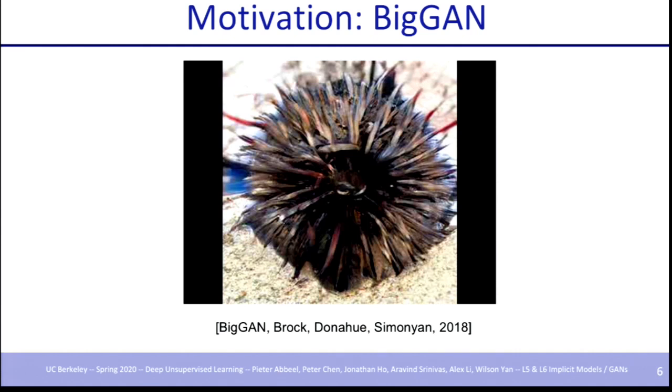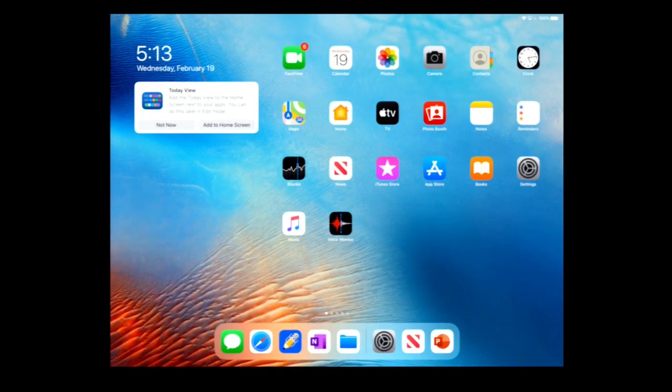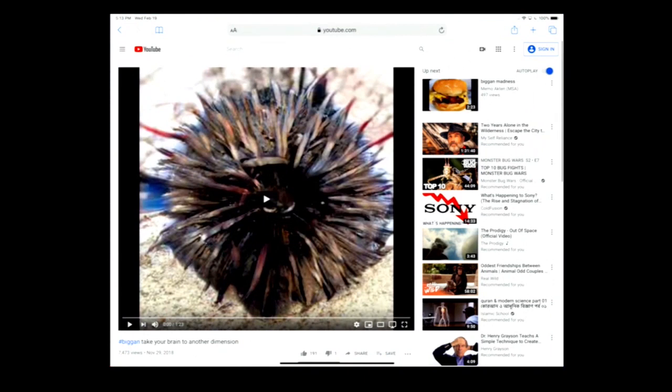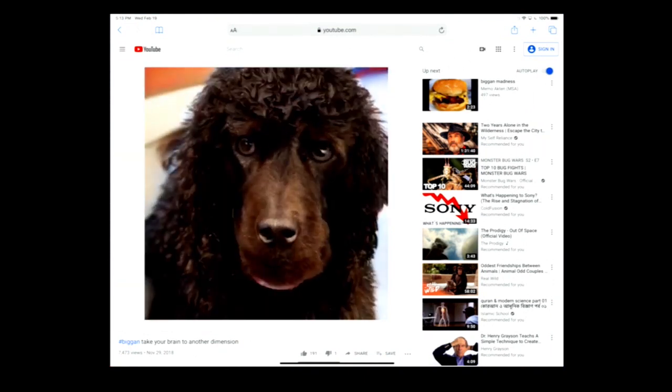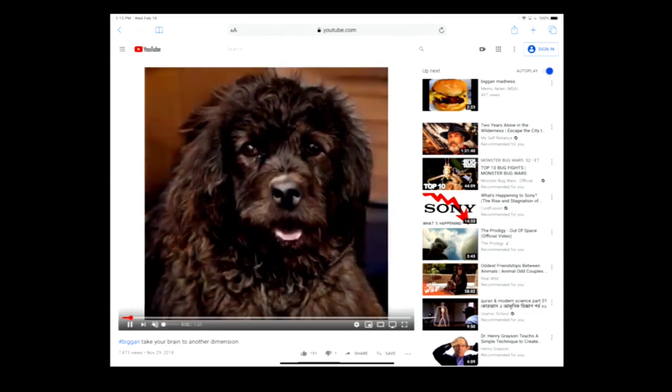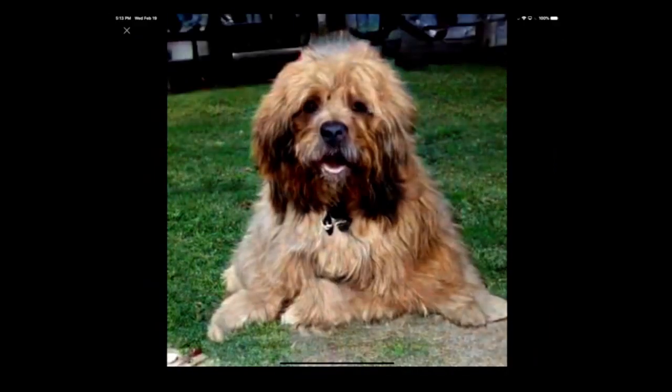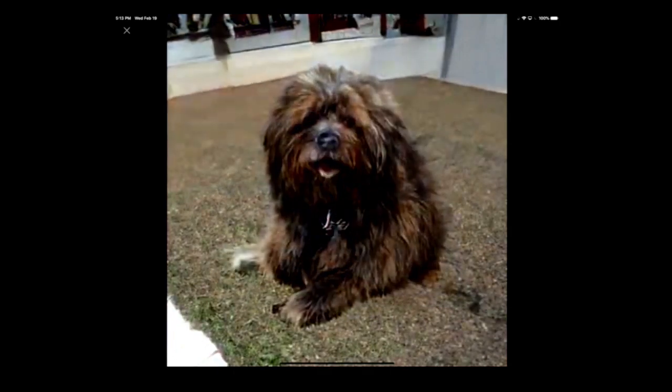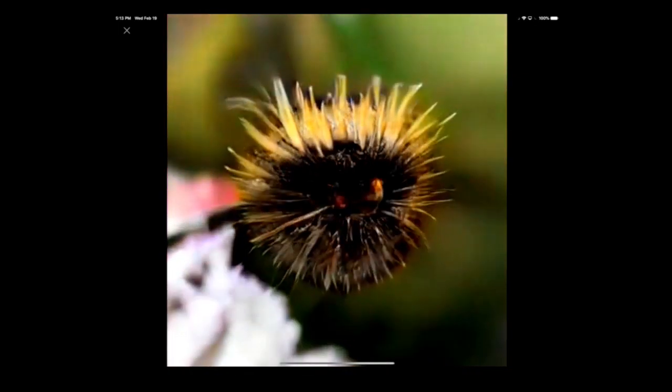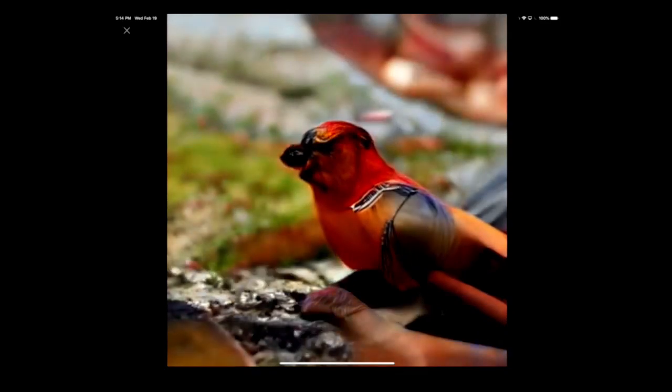Then there's this thing over here, BigGAN. This is actually a video for BigGAN. Let me pull up the video. Here is the video. What we're watching here is interpolations between real images. So there's real images, and you can interpolate in latent space of the GAN between those images, and then as you interpolate in latent space, generate the corresponding images that the generator would generate from that latent code.